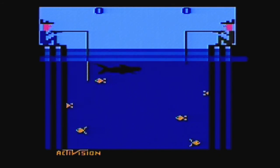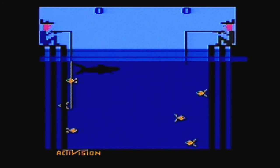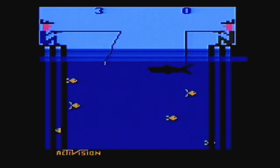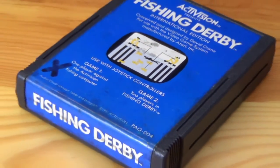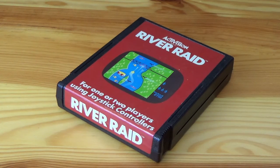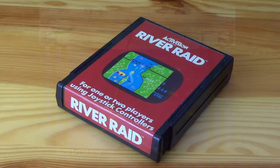But if you have your heart set on a fishing derby as this game advertises, it's unfortunately going to let you down. So with all of this said and done, if you are looking for a fun game made by Activision to play this evening set above water, head down to your local video store and pick up a copy of River Raid for the Atari 2600. It's sort of like Fishing Derby. They both have water,